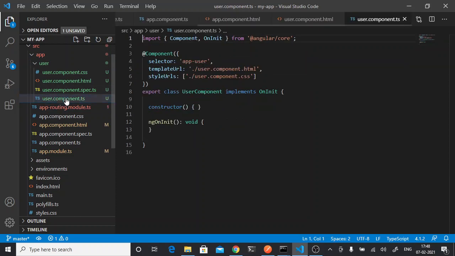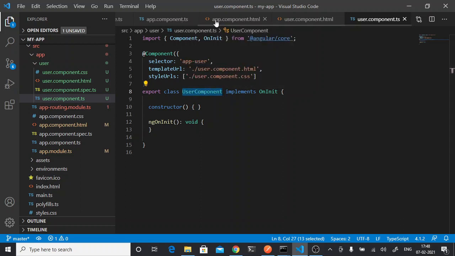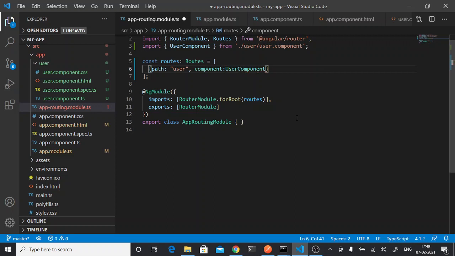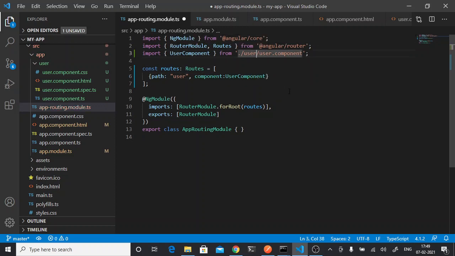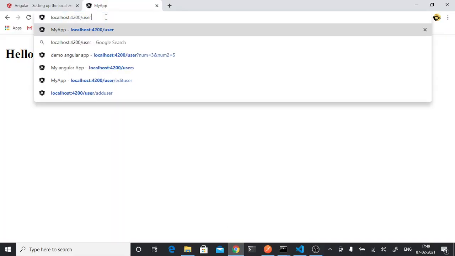In user.component.ts you see the class UserComponent. I can copy this and write it here in app-routing.module.ts. So Ctrl+A, and then import it with Ctrl+Space, enter. Once it is imported, you can see it here.